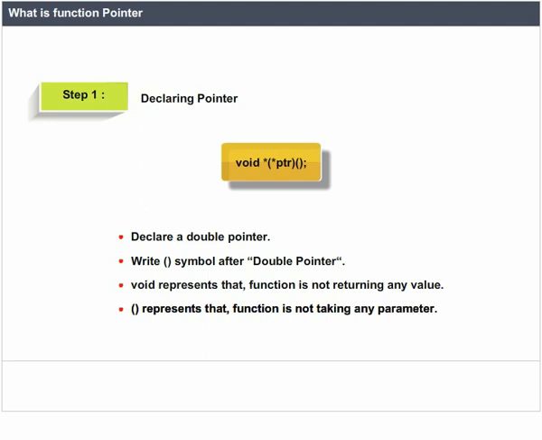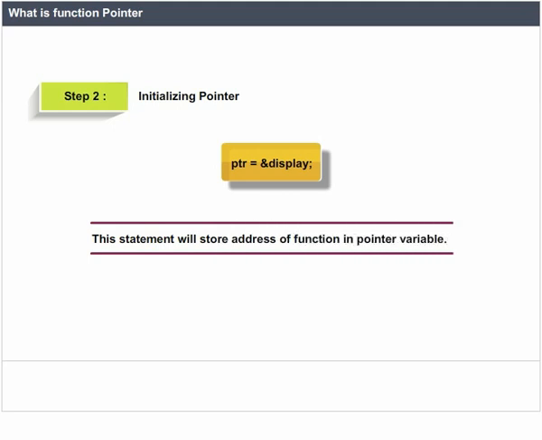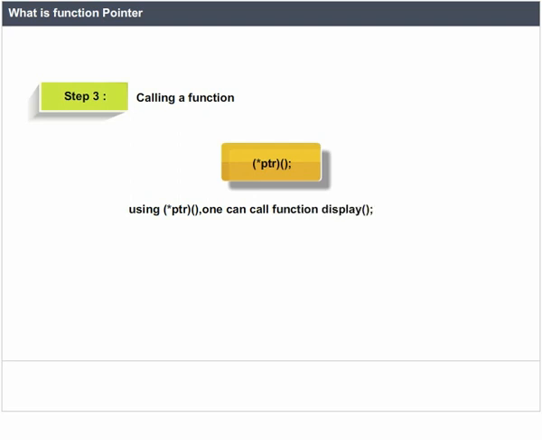Step 2. Initializing the pointer: ptr = &display; This statement will store the address of the function in the pointer variable. Step 3. Calling the function: (*ptr)(); Using (*ptr)(), one can call the function display();